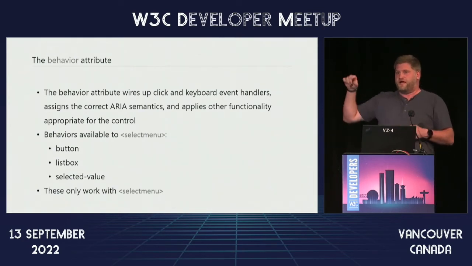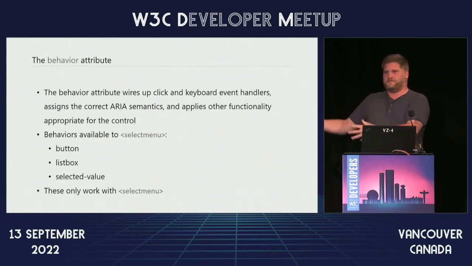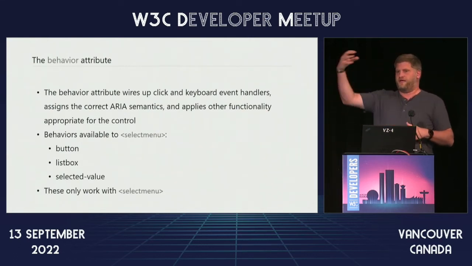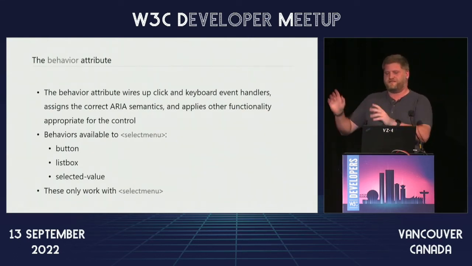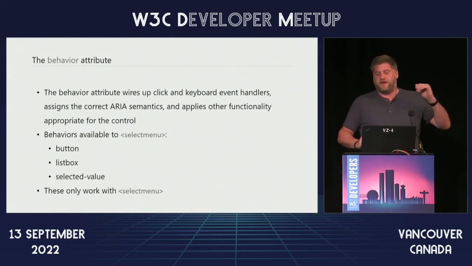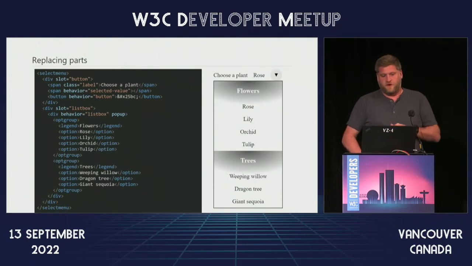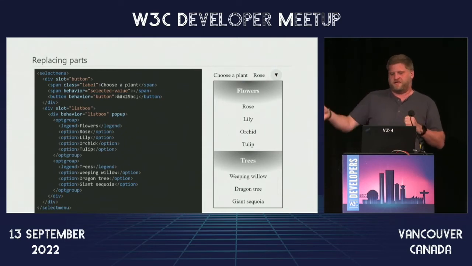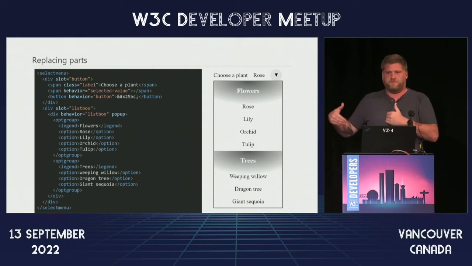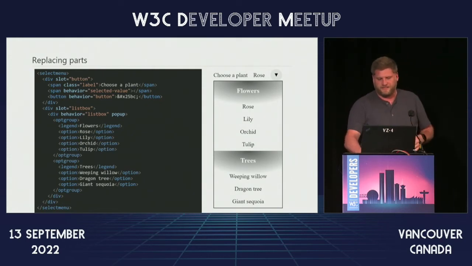So when you select an item, we have a part called selected value, which everything is replicated within. Right now it's text fields, but we're investigating other scenarios. But everything just magically works, all the keyboard bindings, everything. So here's a scenario where we're replacing drastic scenarios. Like we're replacing literally everything. So we've passed in our own list box. We've made sure to wire up the behavior list box so that it actually pops up and all that stuff. You'll see that we have an attribute of pop-up. I'll get into pop-up in a second.